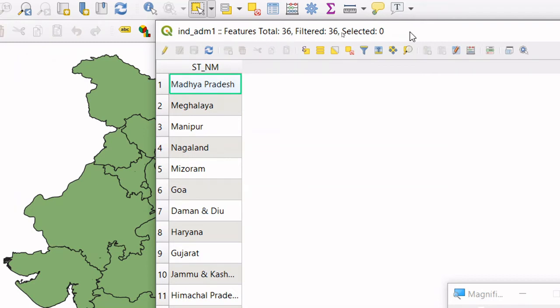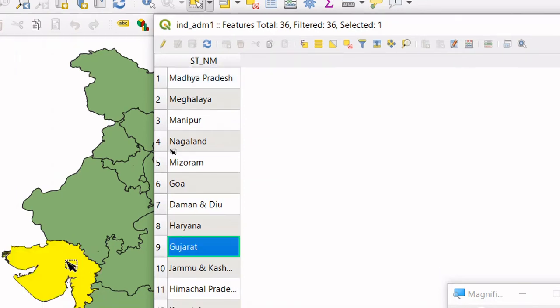Okay, the moment I select over here, for example, if I select, let us say, Gujarat, it will get highlighted over here, and you can see the selected feature is 1. So there are total 36 states which are displayed in this map, out of which 1 is selected. I can press Ctrl, I can select multiple states now.